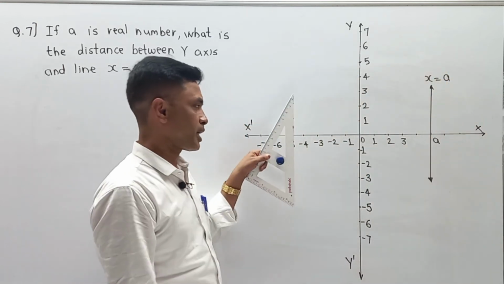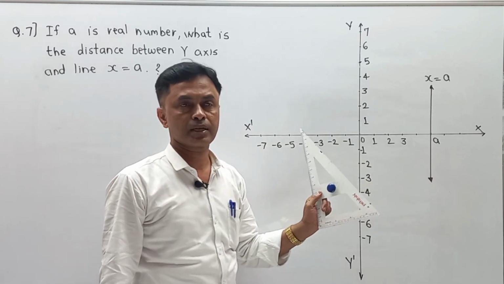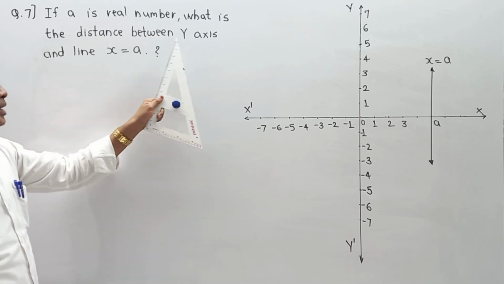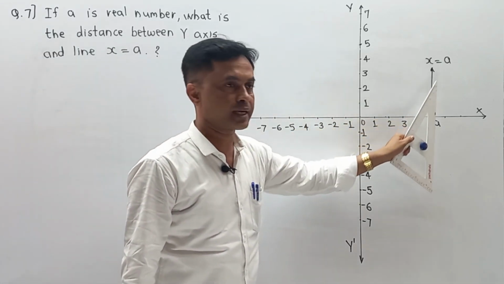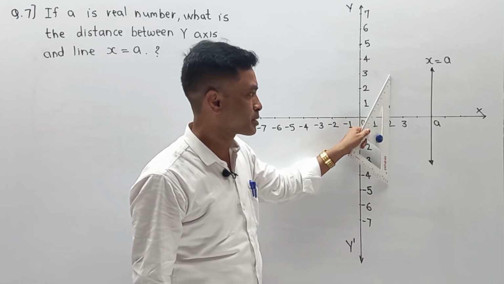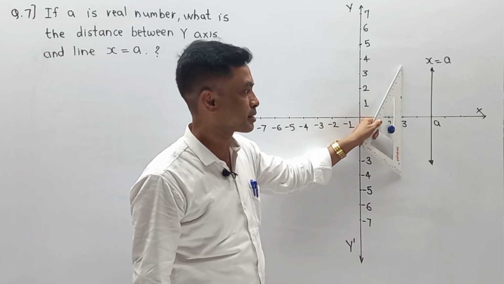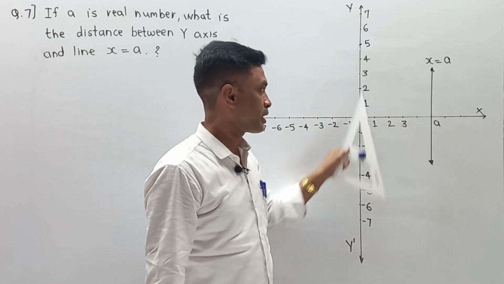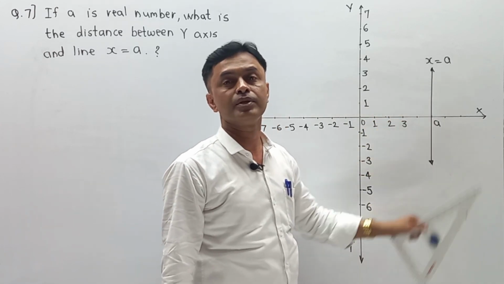No doubt we can draw such a line over here also, because it matters only the distance, not plus or minus. Now according to the question, what is the distance between the y-axis and that line? If this line is over here, we can say the distance between them is 1 unit. If this line is parallel like this, at 2, then the distance is 2 units. If this line passes through 3, then the distance is 3, x is equal to 3. In the same way, the distance between the y-axis and the line x is equal to a is automatically a units.